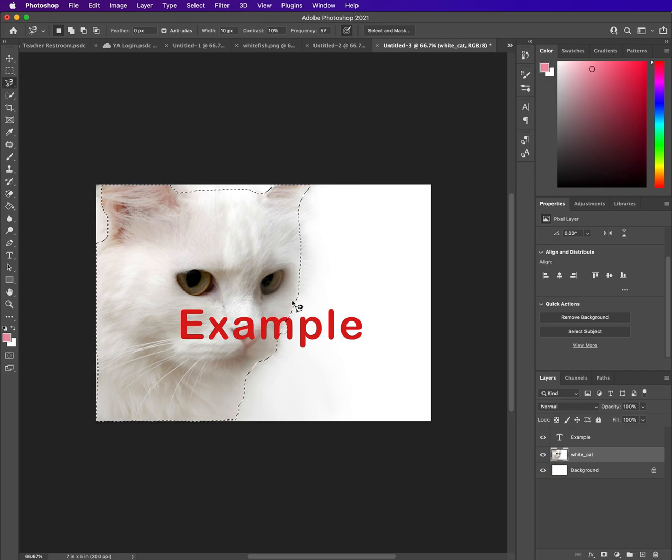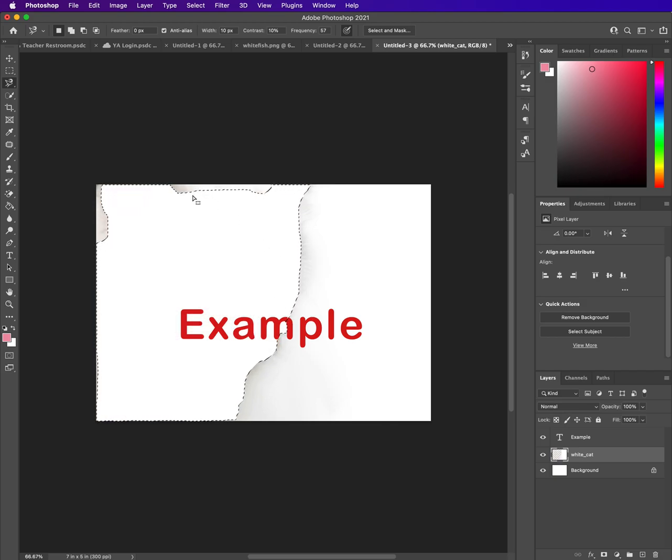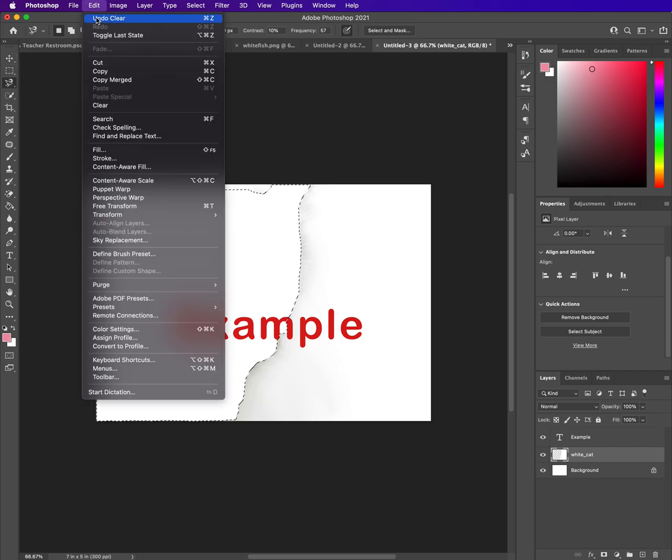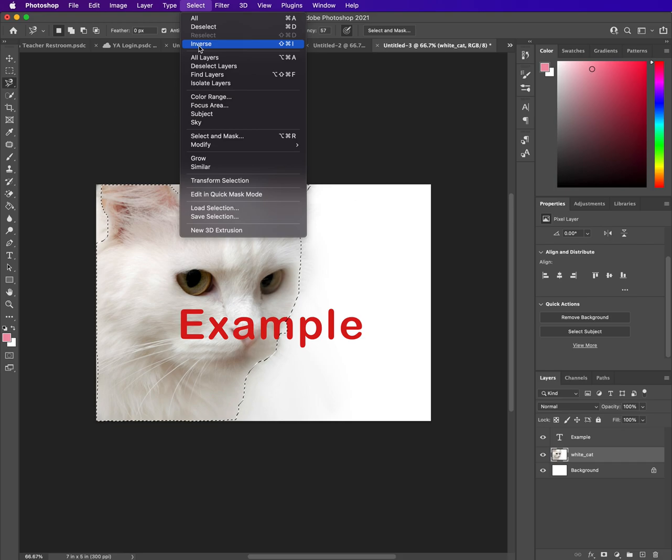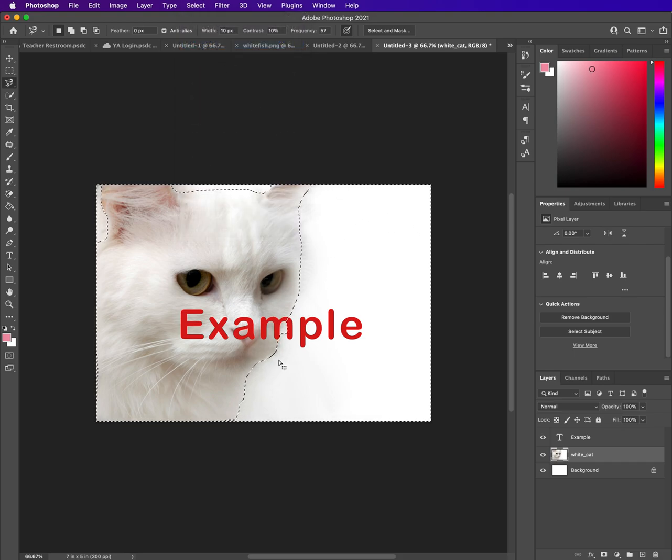Now if I press delete, it's going to delete my cat, which is not what I want. I want it to delete the background. So I come up here to undo, and now I can come up to select and choose inverse. And inverse just means the opposite. So by inverse, I'm selecting the background, and you can see that the ants are now running all the way around it. Okay? So once the ants are around the background, then I can press delete, and it will delete